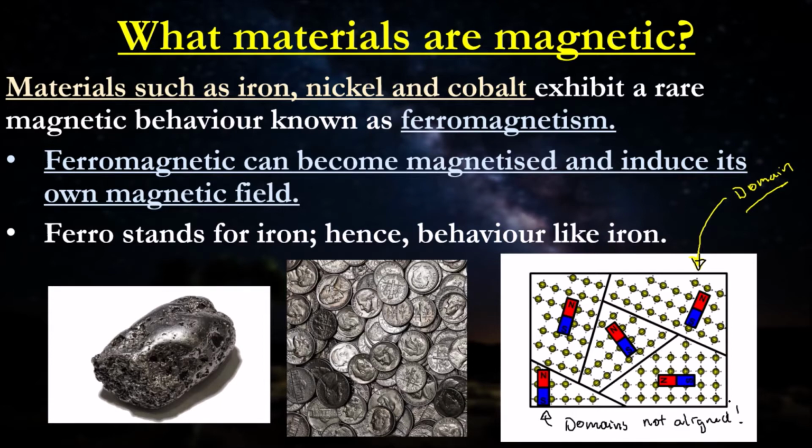So what's the consequence of the domains not being aligned? Well, that will end up being the same thing like we said before. The domains cancel each other out, and there is no net magnetic field direction induced from this. Okay, so that's why under normal circumstances you don't see iron being magnetic unless you put a magnet next to